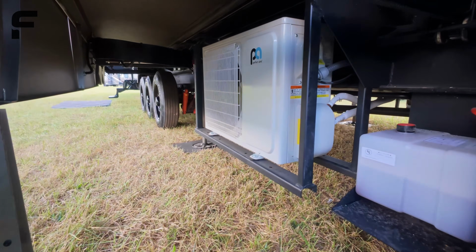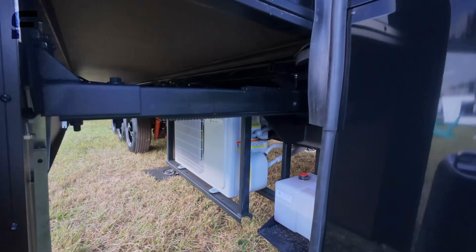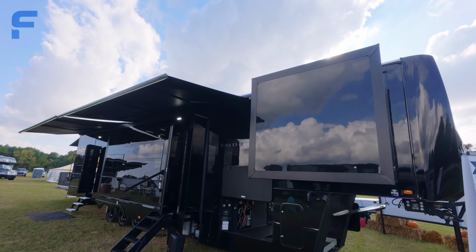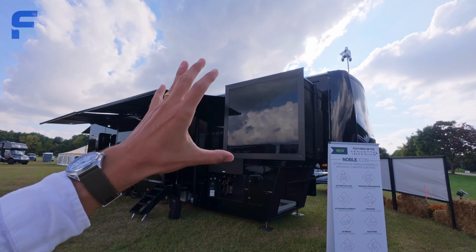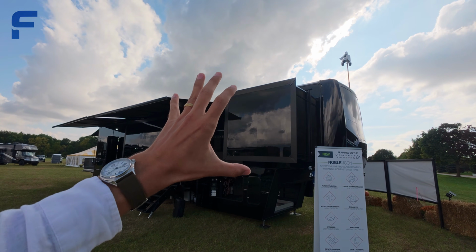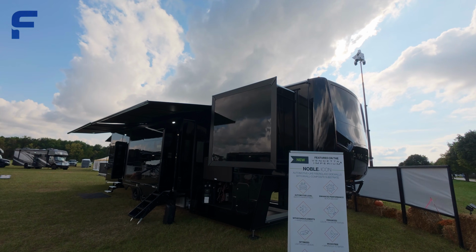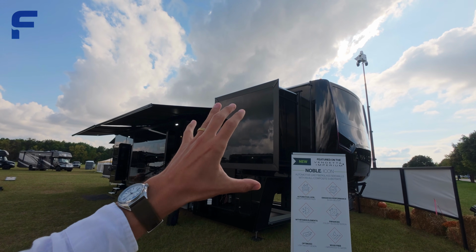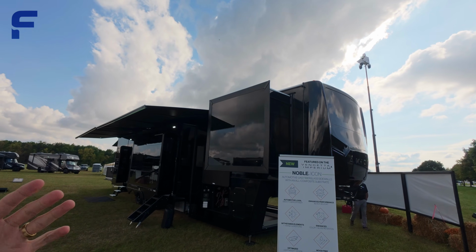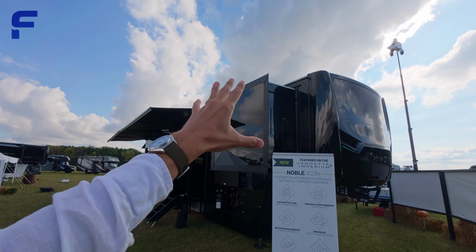And a big portion of that is the fact that they're going to these mini split AC systems that sit here underneath this fifth wheel RV, removing any sort of AC units from the roof, which means they can still get that 13 foot 2-inch, somewhere around there, height on this fifth wheel RV. So overall height right above 13 feet. But while every other fifth wheel RV out there in the market is at that like 13 and a half foot mark, that includes the height of the ACs up top, which are probably at least about 8 inches tall, maybe 10 inches tall. I don't know exactly the height of those AC units, but nonetheless,